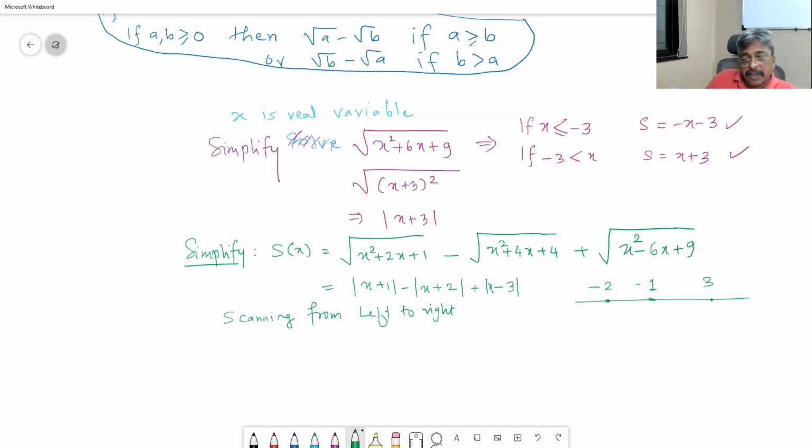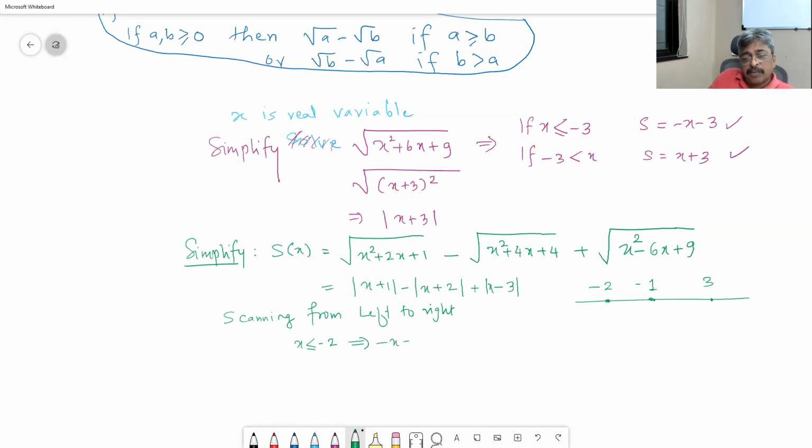on real number line. So if x is less than minus 2, is the first case. So x is less than or equal to minus 2. It's an extreme left. Therefore, all the absolute value signs will have negative value inside. Therefore, we need to flip the sign. So it has to be done very quickly. You cannot waste time. So you have to develop your own tricks and skills to do this.